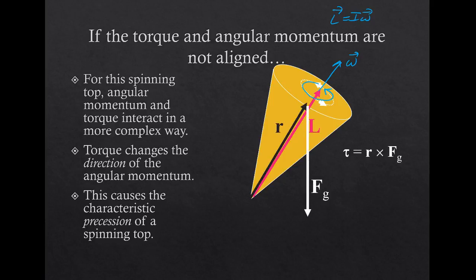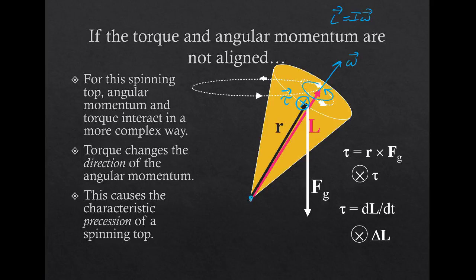Now, imagine that we have a force of gravity. This force of gravity is going to cause a torque. From this diagram, we can see that there's a torque that is into the page. So now the torque and the angular momentum are at a right angle. This is going to cause a change in angular momentum,